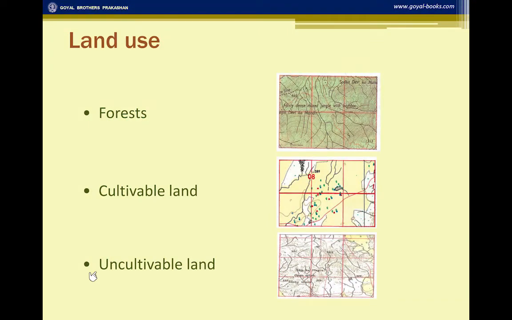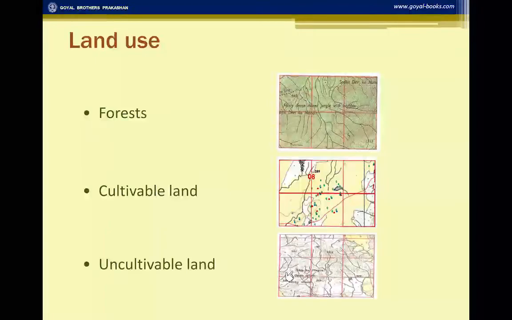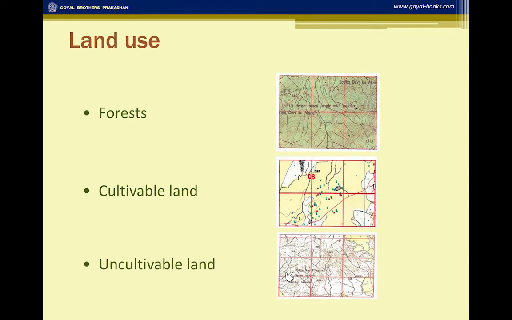Uncultivable land is always shown in white, where you will find open scrub, rock outcrop, and stony land. All these terms would be written there. That shows that the area is totally dry and it is uncultivable.